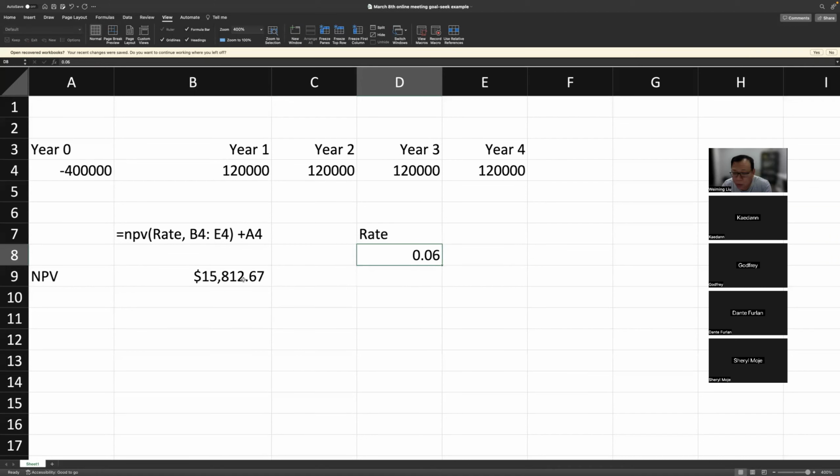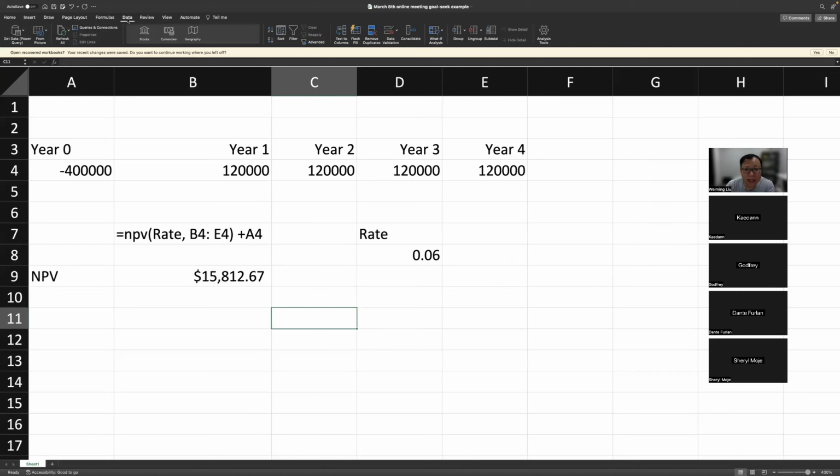My goal is to seek this cell to be 0, and then I want to change this cell. So by changing this cell, I want to reach a goal for this cell to be 0, okay? So now let's go here, data, and then you move this way. There is a what-if analysis here on the top. What-if analysis, then you click goal seek,